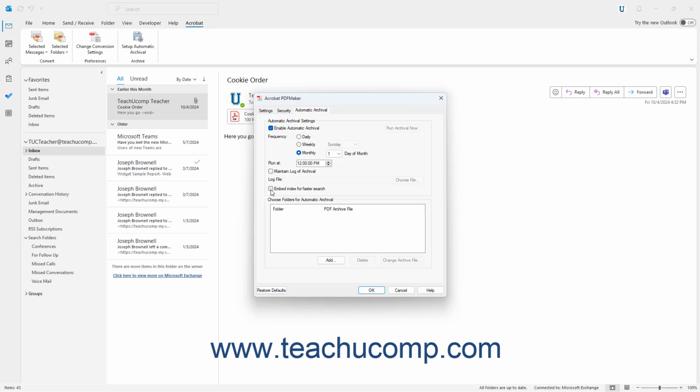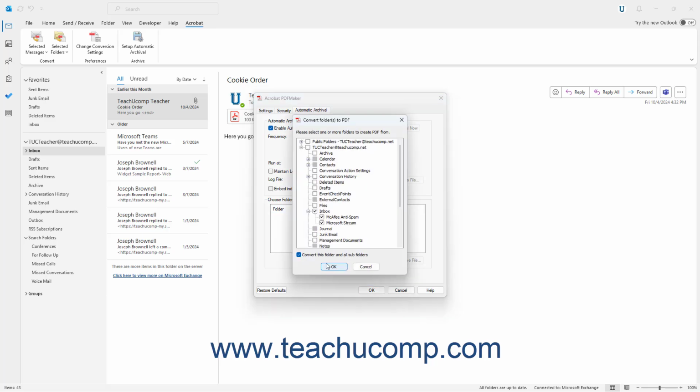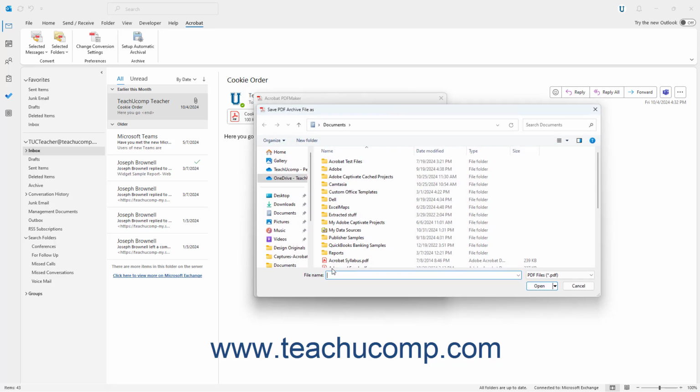To then select the folders to automatically archive, click the Add button in the Choose Folders for Automatic Archival section. In the Convert Folders to PDF dialog box, then select the folders to automatically archive. To also convert all subfolders of selected folders, check the Convert this folder and all subfolders checkbox at the bottom of the dialog box. When finished, click the OK button to open the Save PDF Archive File As dialog box to navigate to and then select an existing archive file to use,